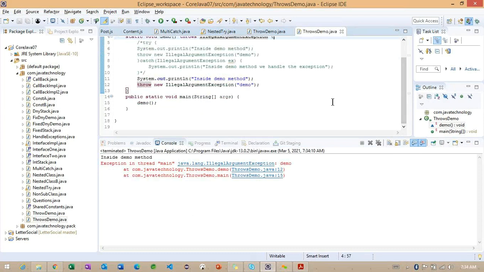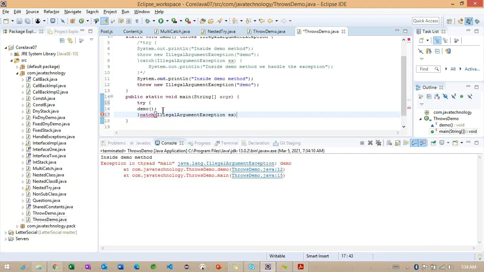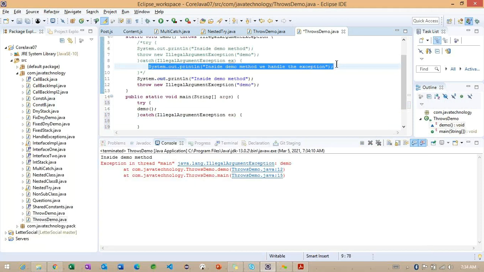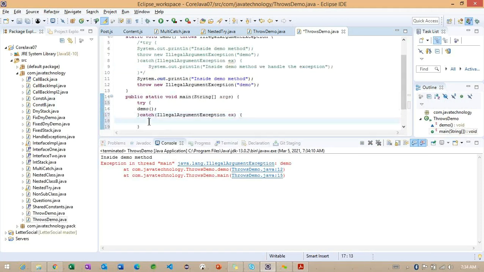To handle it manually, what can we do? Here we need to specify, inside this particular main method, a catch block: IllegalArgumentException ex, and I want to specify a message here inside the main method.